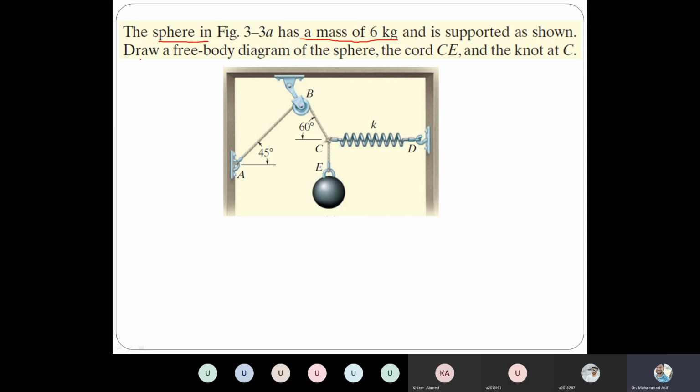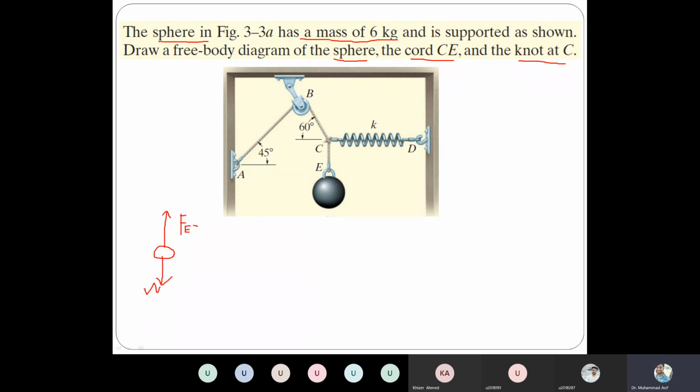The question is, draw a free body diagram of this sphere, and then the cord CE. So this is the cord CE, and then the knot at C. Very simple: if you want to draw the free body diagram of this sphere, this is our sphere. So weight is acting downward, whereas this force EC, let's say FEC, is acting